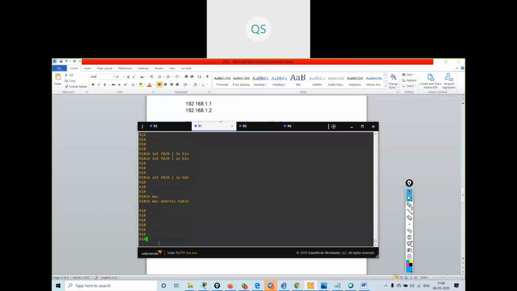No, MAC address table. Okay, so what was the command? I'm not getting the command. IPv6, to see the MAC address. Does anyone know? How to see the IPv6 MAC address?